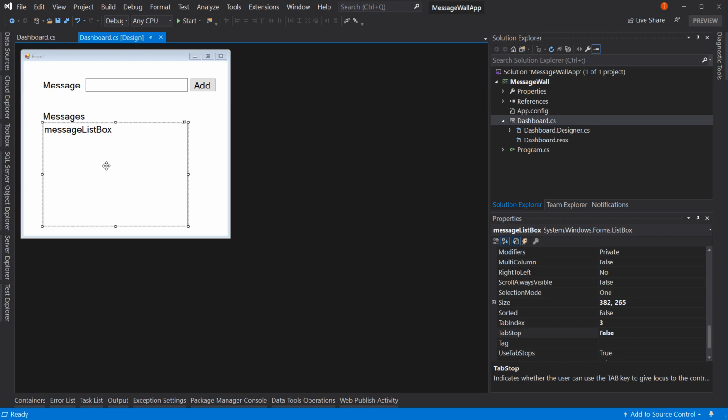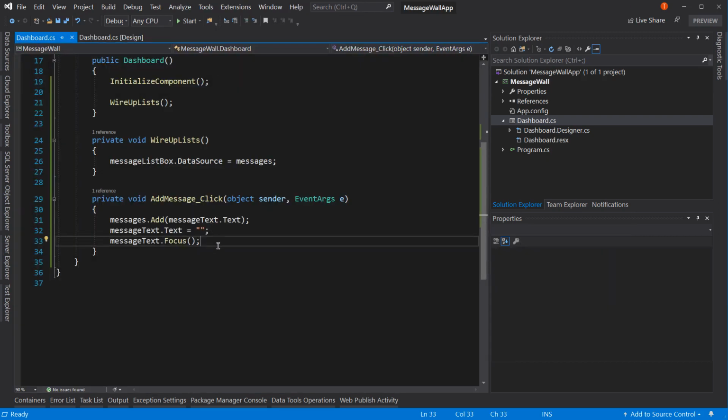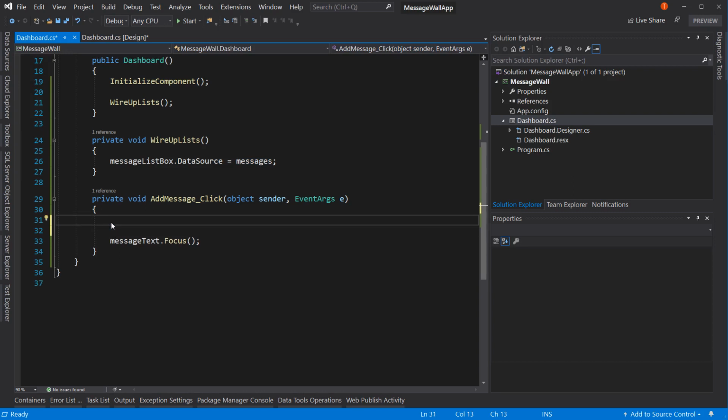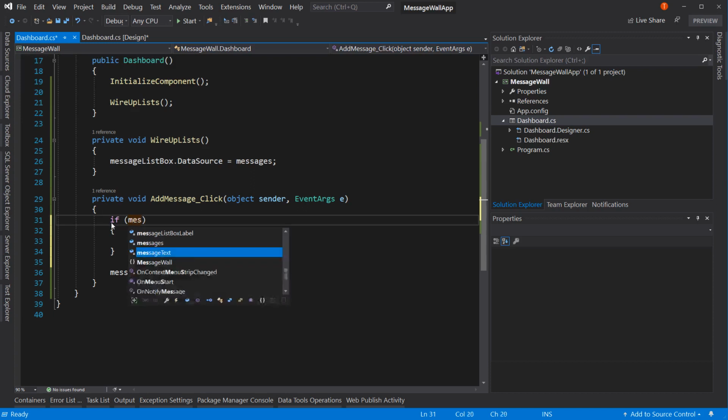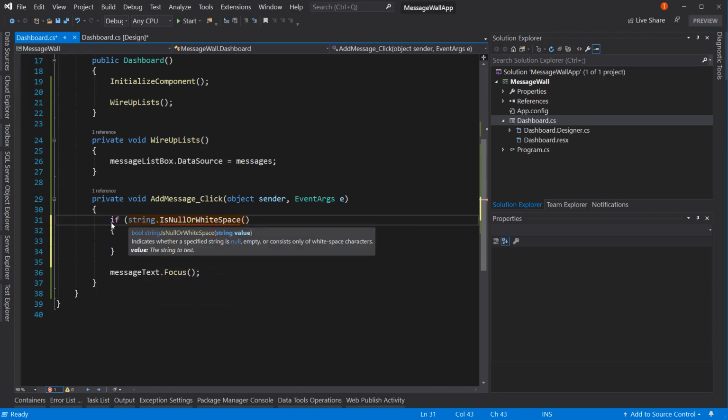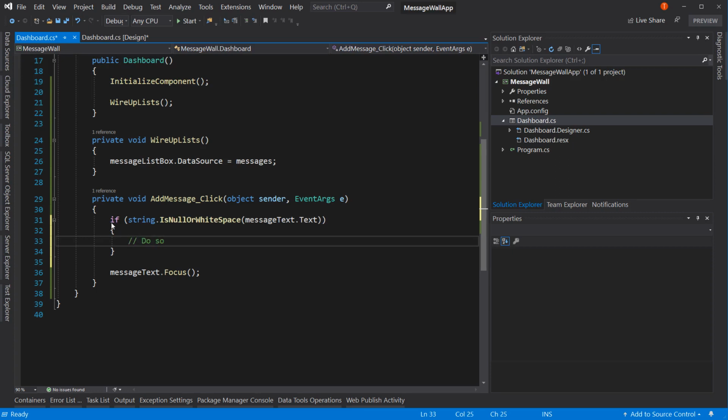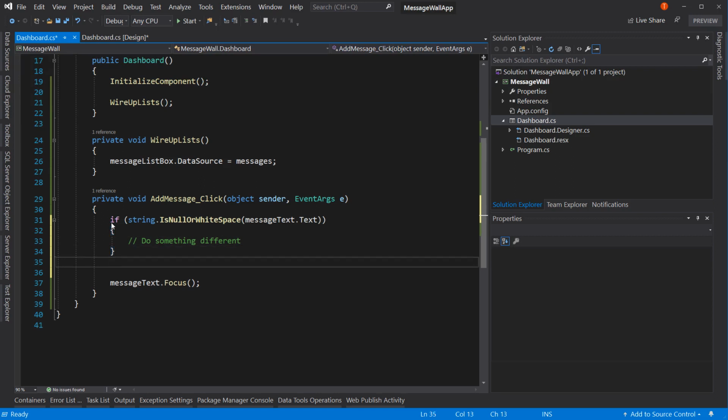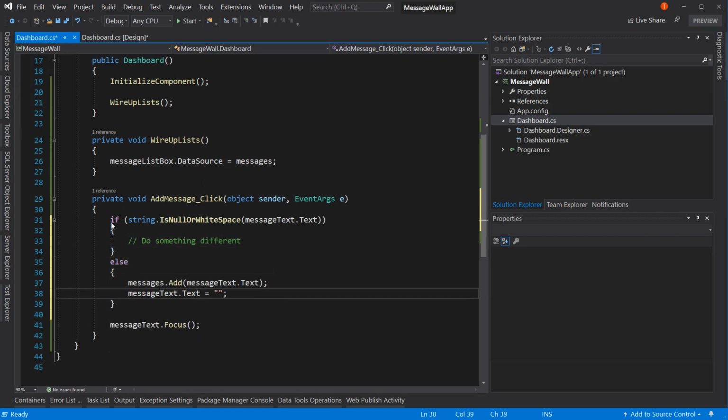Now let's work on the blank message in our box. So right now we just add that message to the list whenever. So let's do this. Let's Control X here to cut those lines out. We're going to say if the message text.text, if string.IsNullOrWhiteSpace on the message text.text. So if it's null or white space, then we're going to do something different. But otherwise, we're going to do our original code, which is to add the message and to clear that box out. So if it's null or white space, meaning they haven't typed anything in here, then what we'll do is, let's say